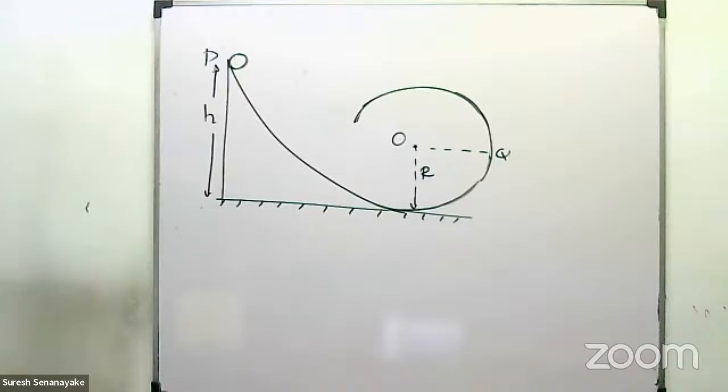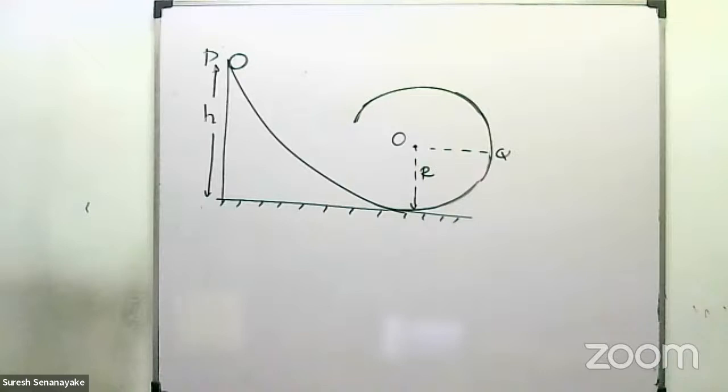Find the height h above the base from where it has to start rolling down the incline, such that the sphere just completes the vertical circular loop of radius capital R. Radius capital R, right? So it starts rolling down the incline such that the sphere just completes the vertical circular loop of radius